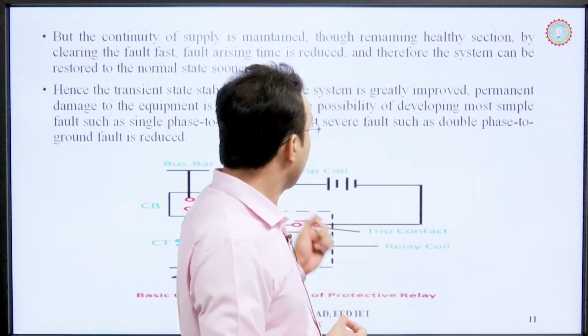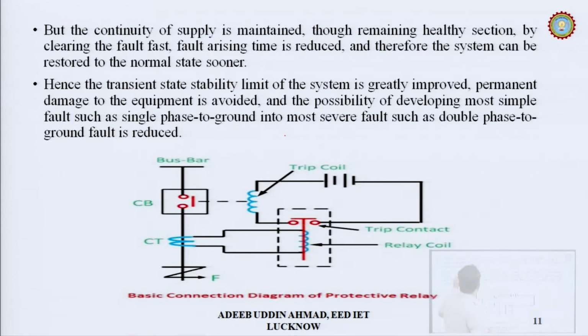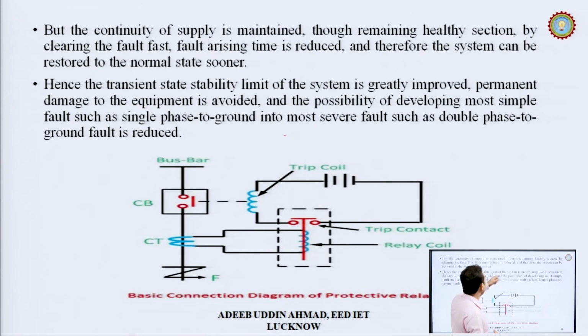That is why. Now, after that, the transient state stability limit of the system is greatly improved. Because the system is prone to some transient condition, that is why we call it the transient stability of the system. So, the transient stability limit of the system is greatly improved, permanent damage of the equipment is avoided, because a high value of